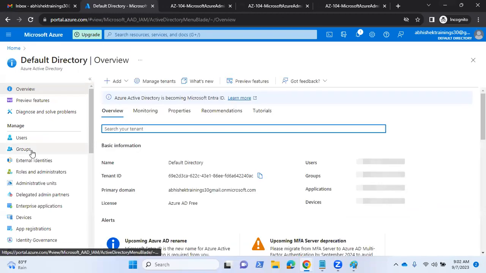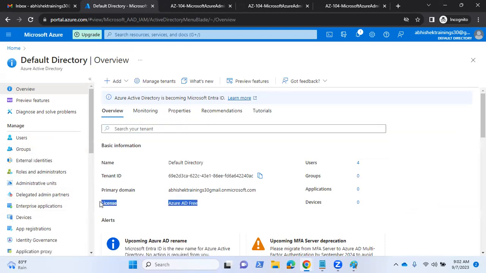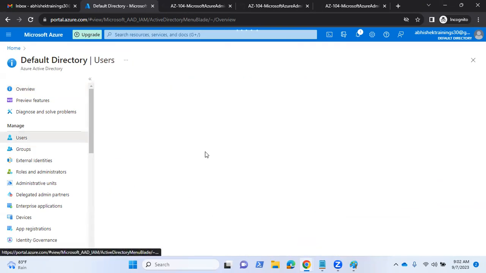So for creating groups and custom roles, there are many things like that for which you will need a P2 license. You will need a P2 license for that. Okay. So as of now, if I go to the user,